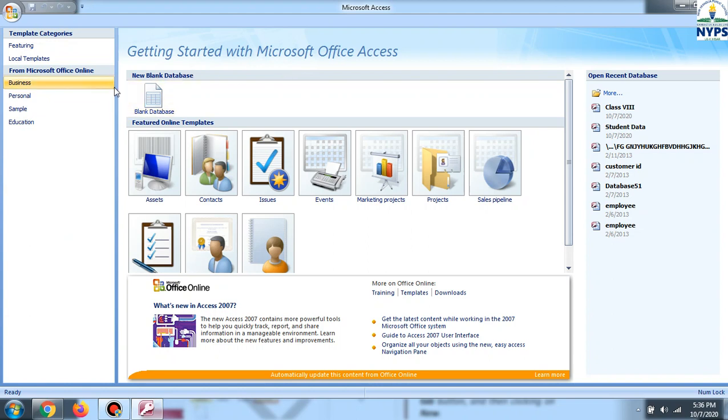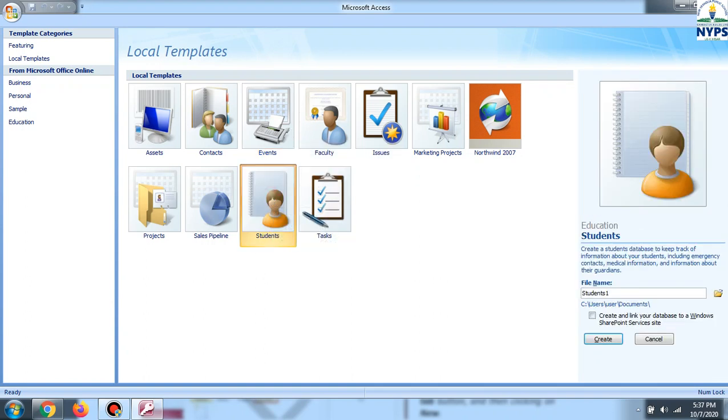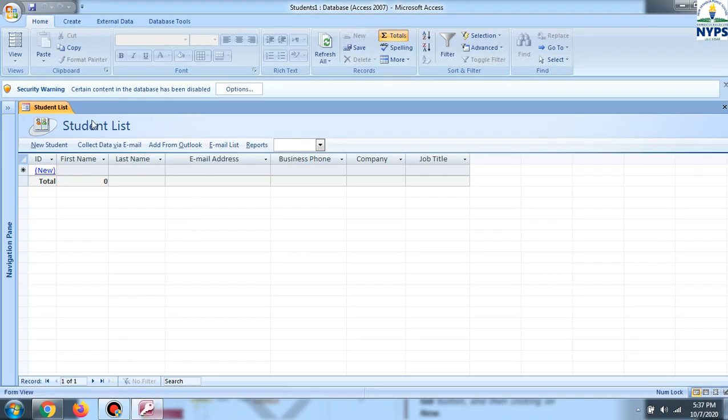Now here two options are there: blank database and templates. I am clicking on local templates, because those were online templates. Templates are ready-made databases. We just have to select, like I have selected student, and click on the create button. Your database will be created automatically.